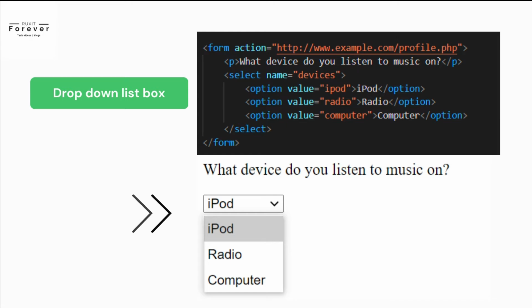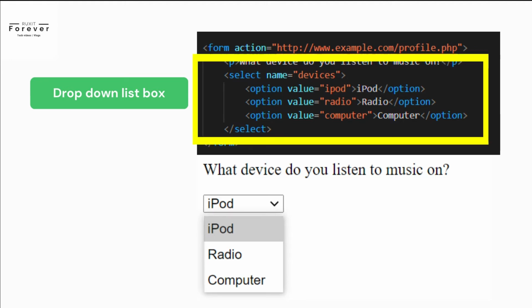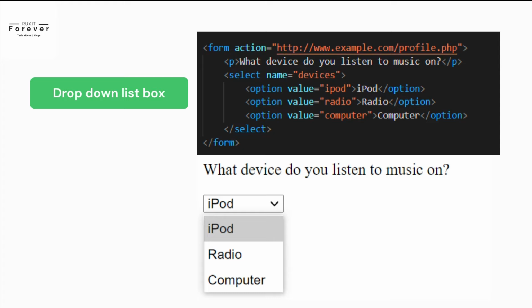Drop-down list box. A drop-down list box, also known as a select box, allows users to select one option from a drop-down list. The select element is used to create a drop-down list box. It contains two or more option elements. Name. The name attribute indicates the name of the form control being sent to the server, along with the value